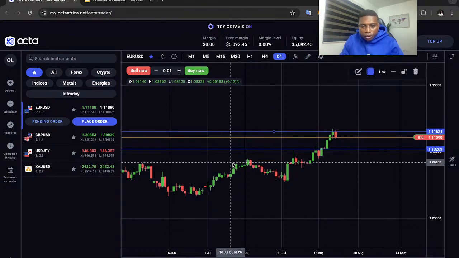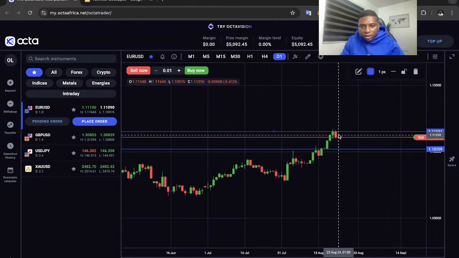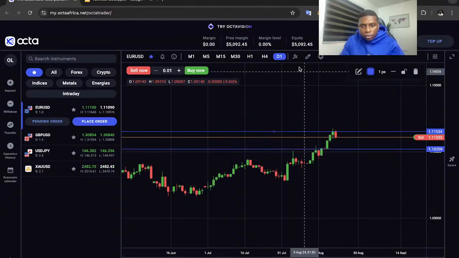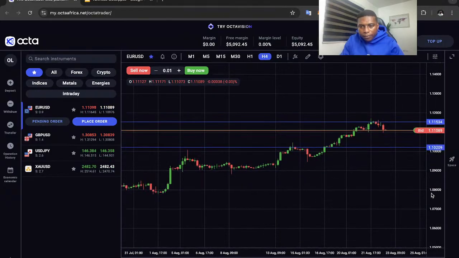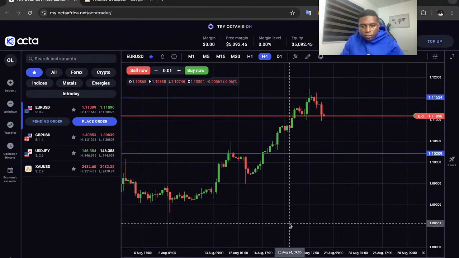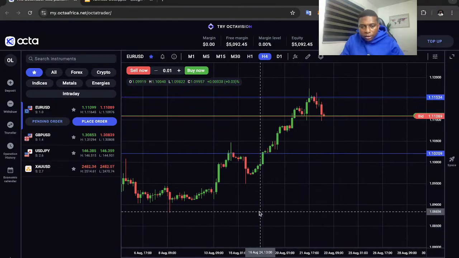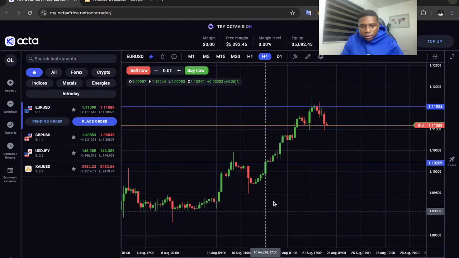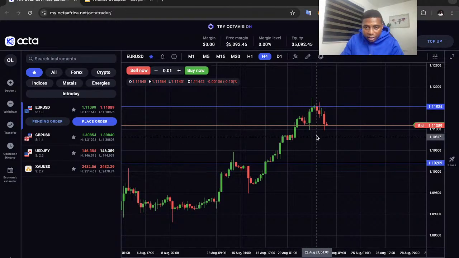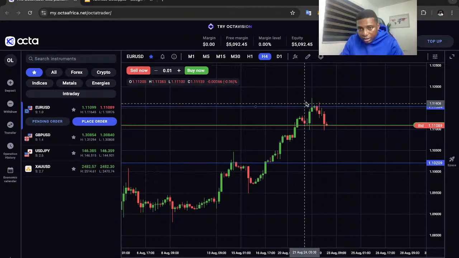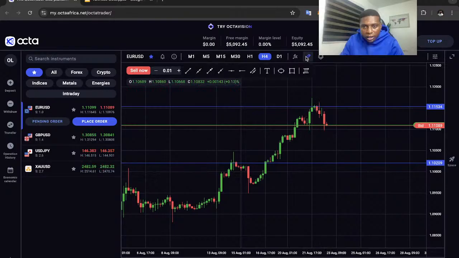Here we can see how price has been rejecting, because when we go down to the lower time frame, we can see the supply and demand zones at this level. Sorry, the level here is the supply zone. And at this supply zone now we can see that